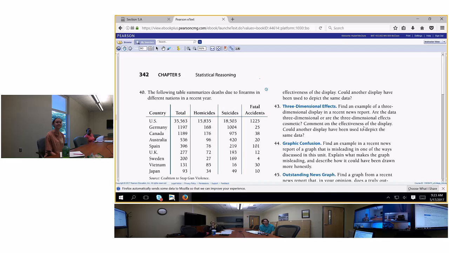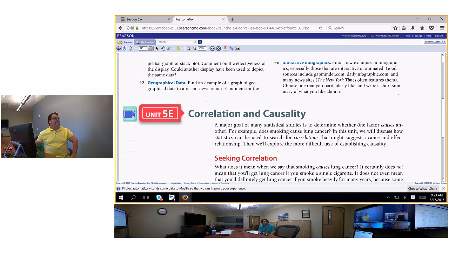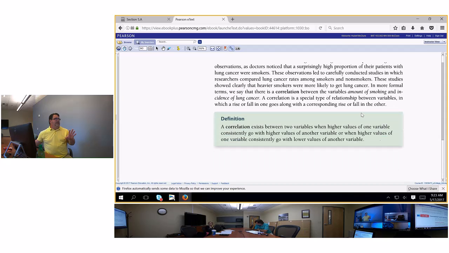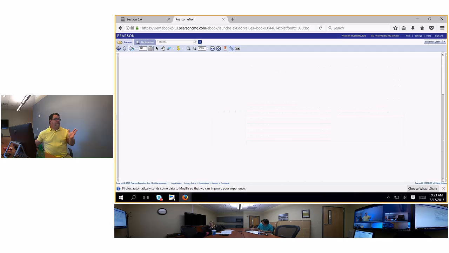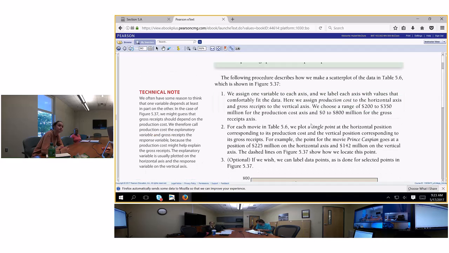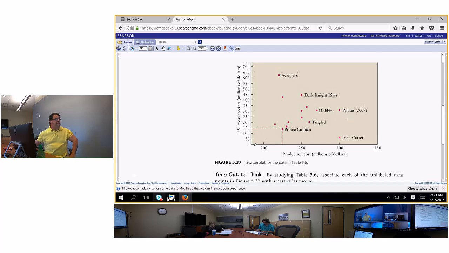All right, scatter plots. Scatter plots is where you just plot the data as is. They're supposed to show you a scatter plot somewhere. I thought I went over correlation. Did I not go over correlation? Oh, you did. You went back. Hold on, let me show you a scatter plot. The definition. There's a scatter plot.